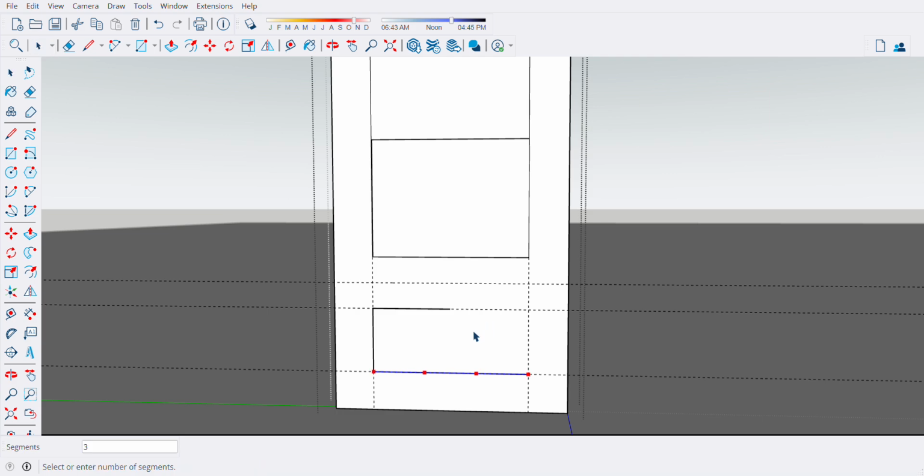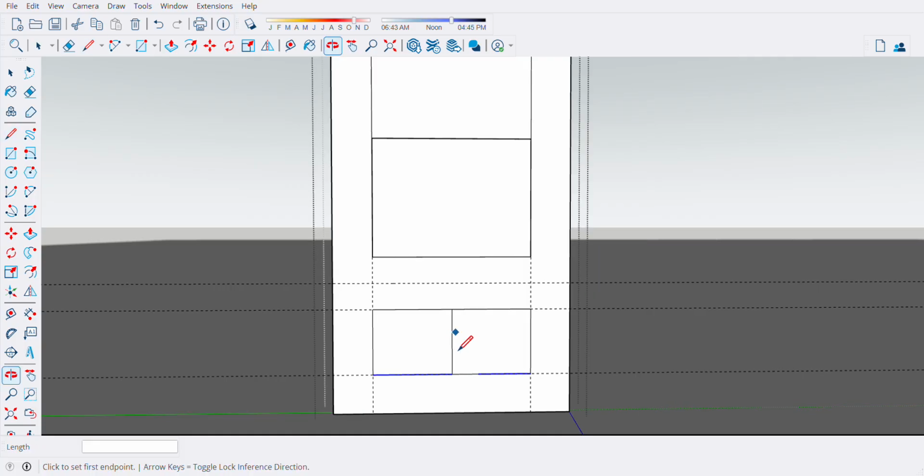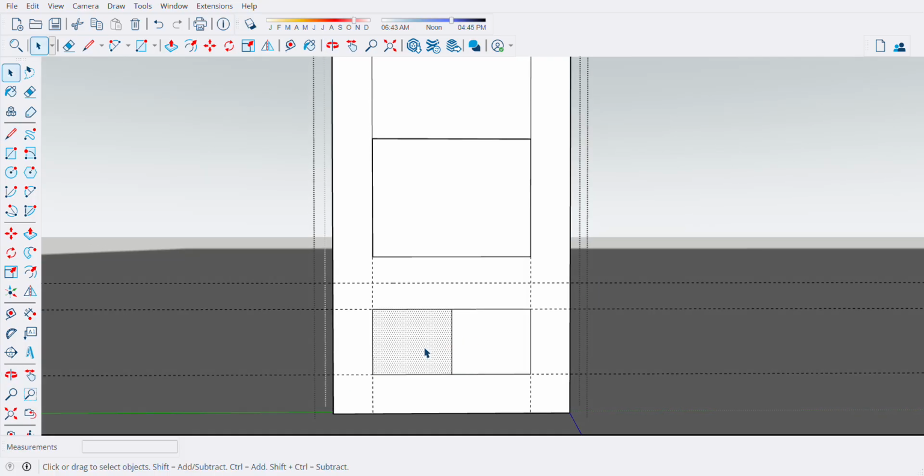Divide by 3, plus, say 2 will be divided by 2. So this is the design.